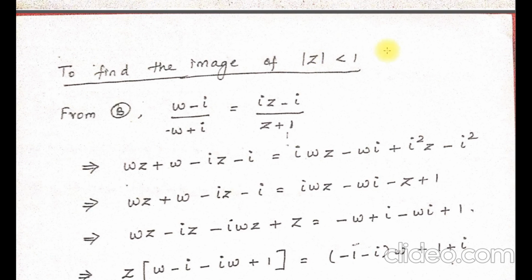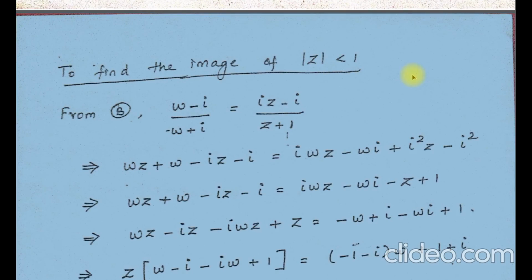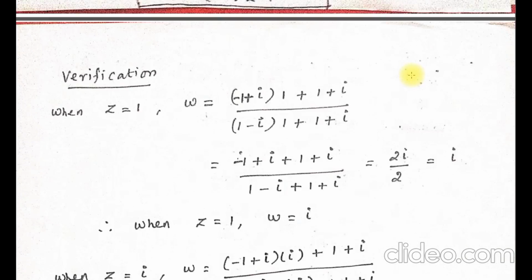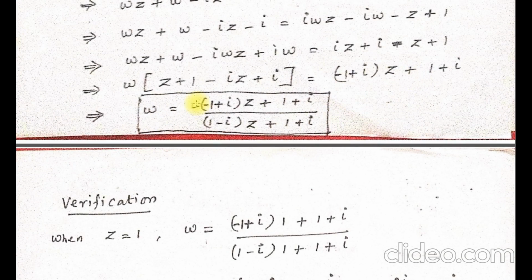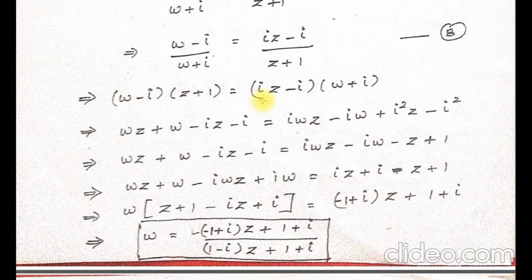See, to find out the output, we have to find out the value of z from the given transformation. From this we have to find out the value of z in terms of w. That is our objective. It will be a little more complicated. Again I have to cross multiply it, and again I have to take z on one side and w on another side. Of course, the other terms apart from z on the other side. It will be a little bit complicated if I am proceeding from this step, whereas we are having this step.